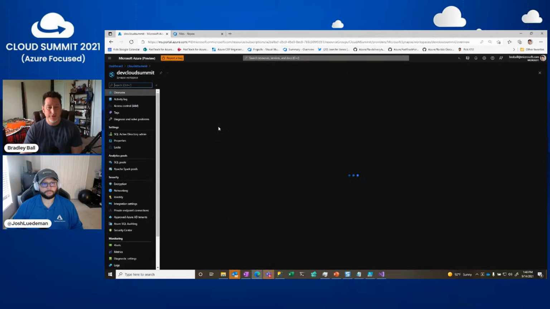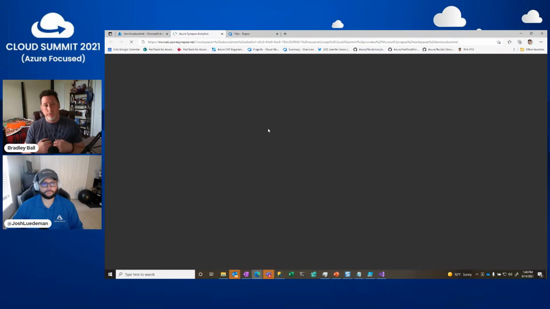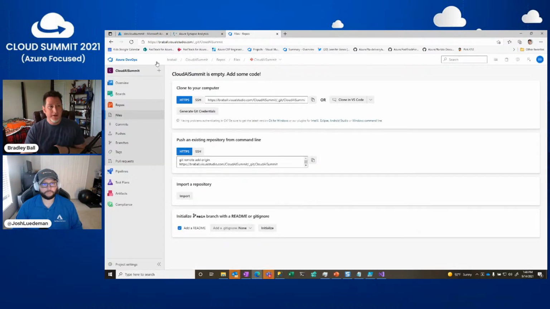And then there's a link to the workspace URL right here. I'm going to immediately go into here. And what we're going to do, very simply, is link to a DevOps project. It's a blank project. You can see there's nothing in my repo yet for Cloud and AI Summit. And I'm going to link my workspace to this so that we can begin to see if I already have